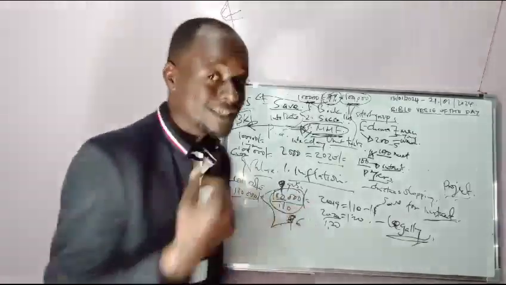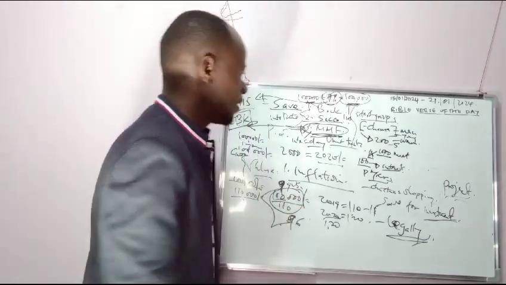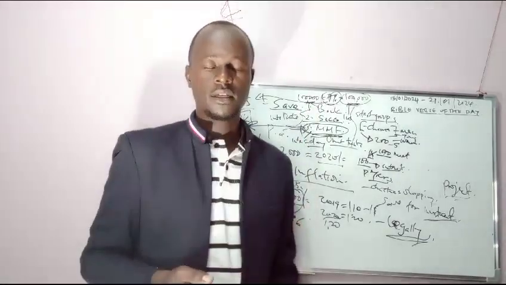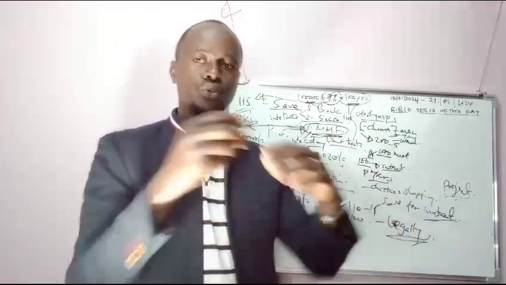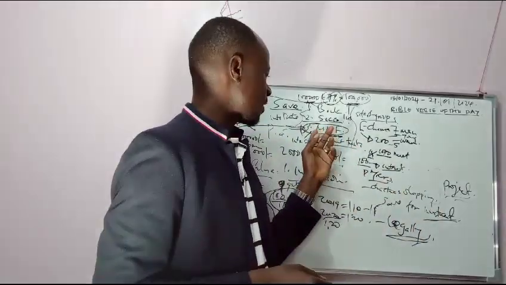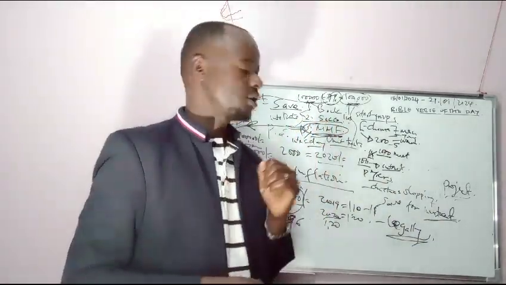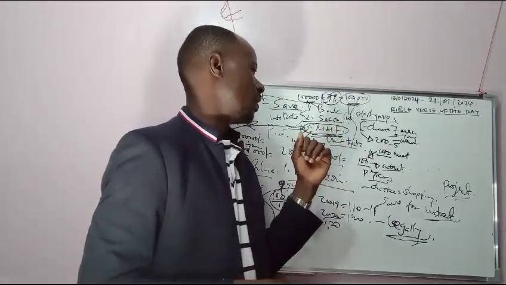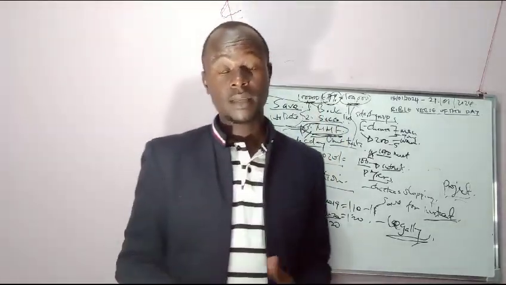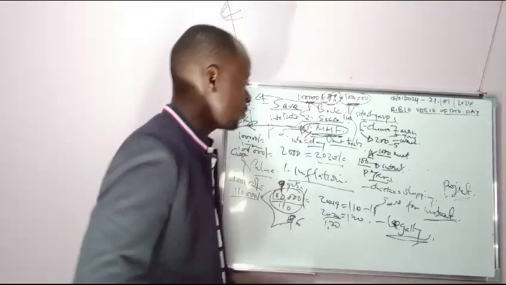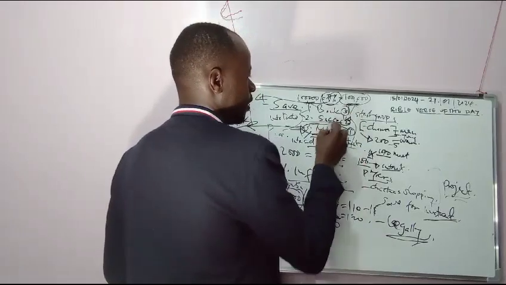Last time I said, at least start saving. My interest was to at least start saving for something. Then the next thing I think is best for you is to find out what a money market fund is. Go to your financial advisor, find out what a money market fund is, and then you can start saving through the money market fund. I'm not saying you don't save through the circles. I mean, circles are the second best. If I am to pick, I would pick this one as the first, this as the second, and this one as the third.